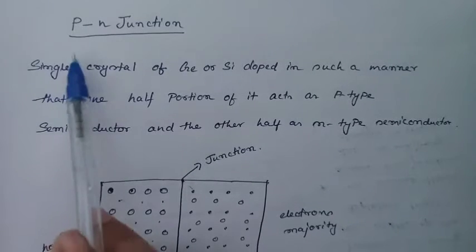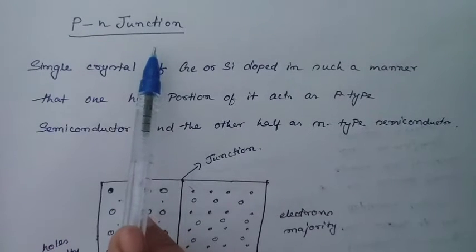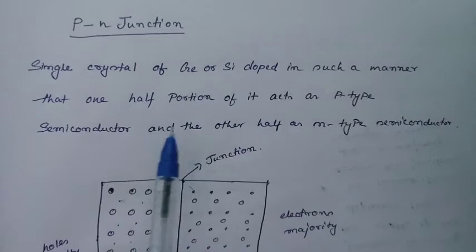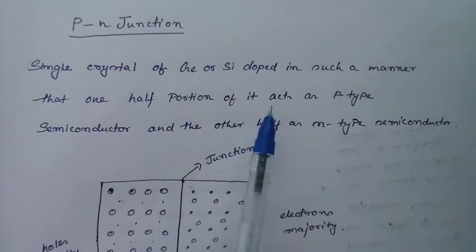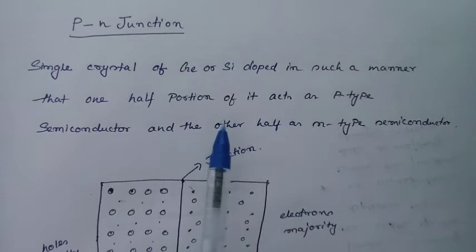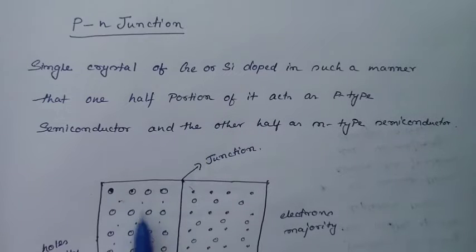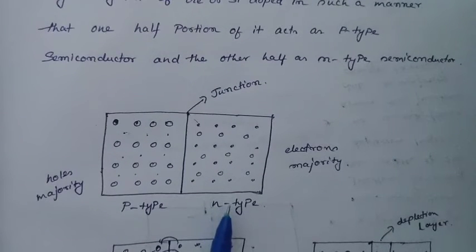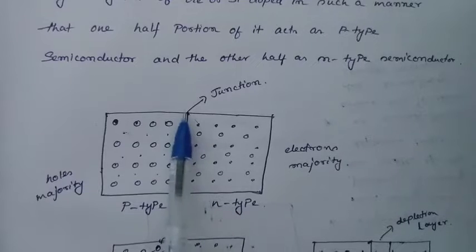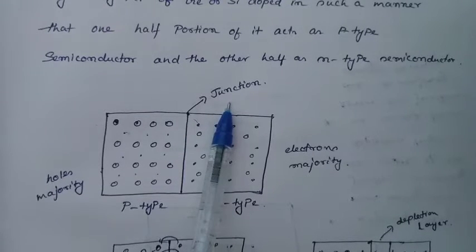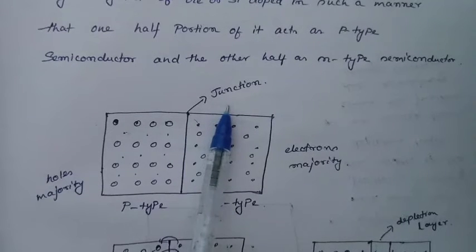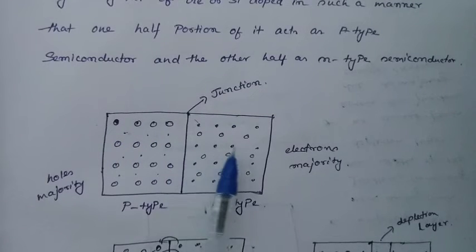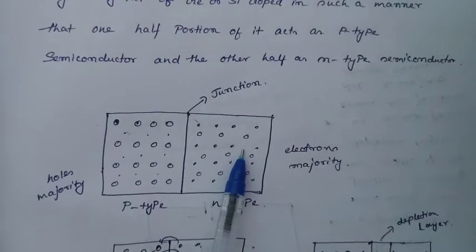Today we'll start with the PN junction. A PN junction is a single crystal of germanium or silicon doped in such a manner that one portion of it acts as a p-type and the other portion acts as an n-type semiconductor. And this boundary is called the junction, which means it is a region of transition between n-type and p-type semiconductor